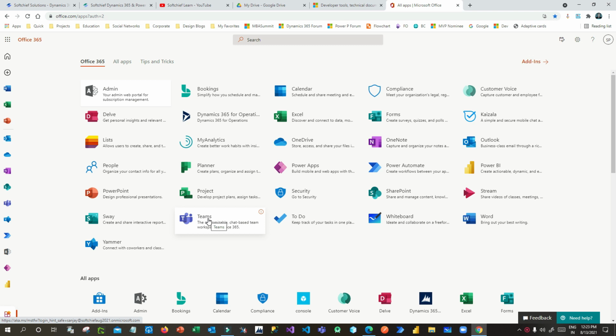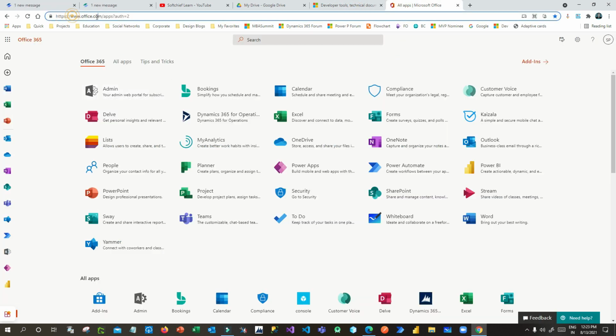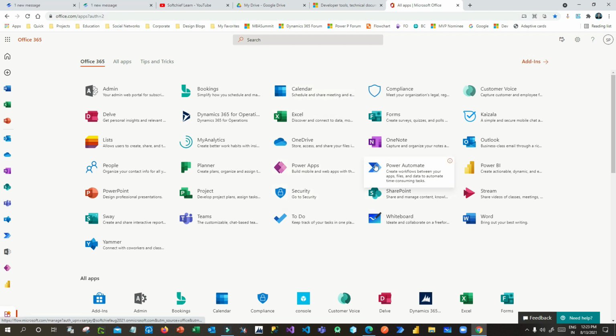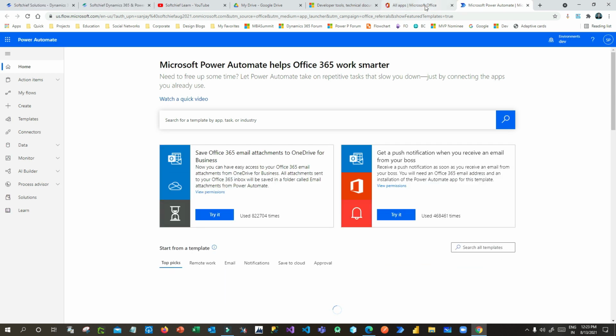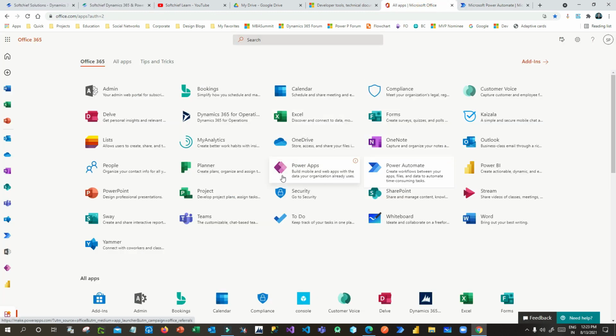And that approval will be raised for the team, and we will also integrate Outlook in between. So let us start how we can do that. This is our home page, and this is office.com, and here open the Power Automate. First we have to open Power Automate, and before that we have to have a list in SharePoint. So first open SharePoint and create a list.